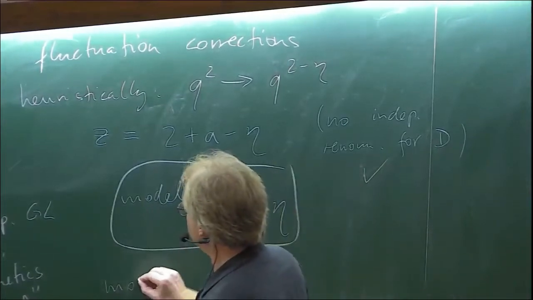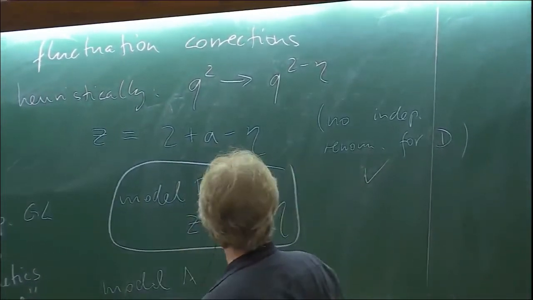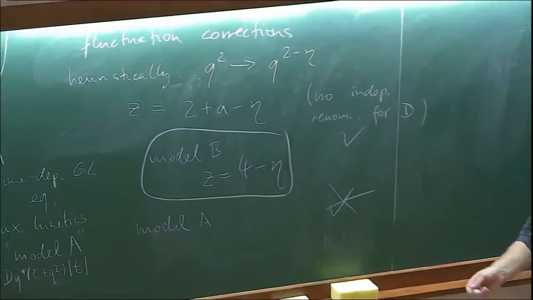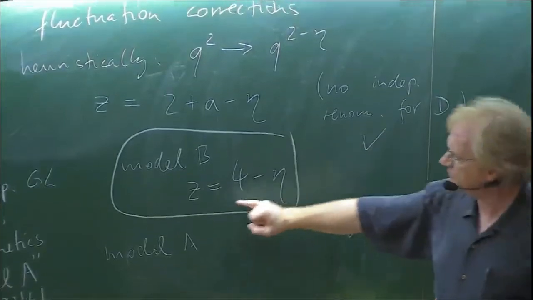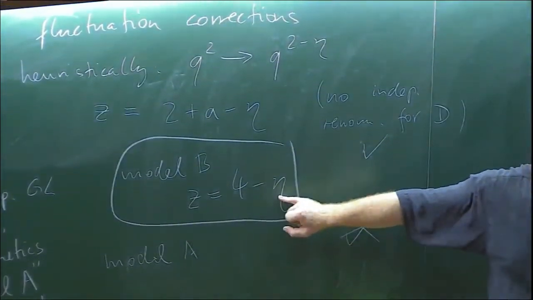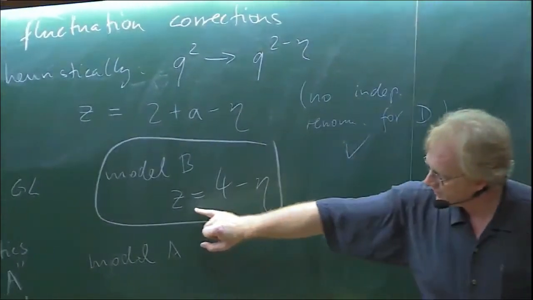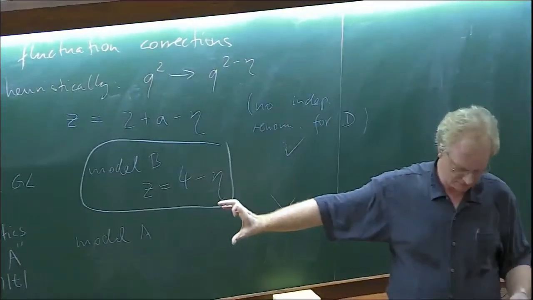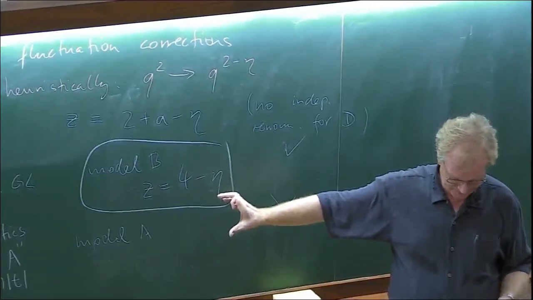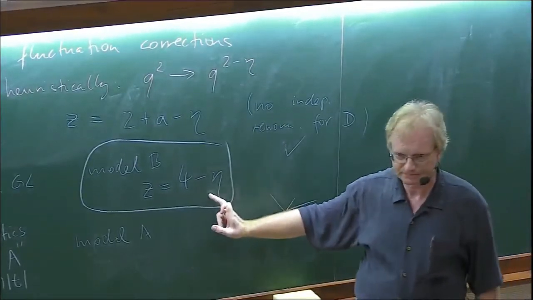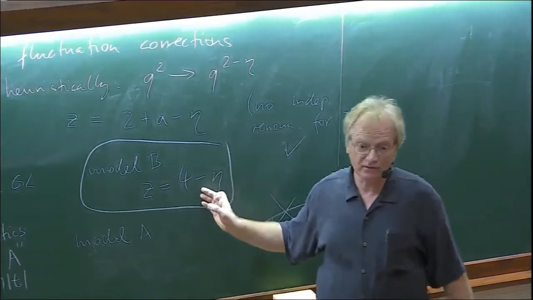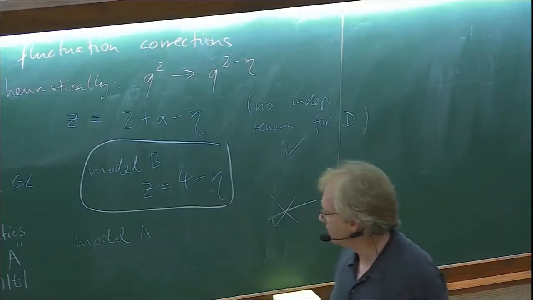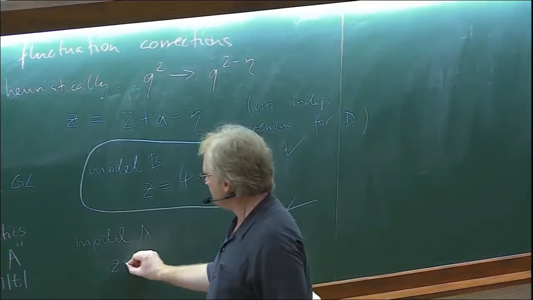For model A, this is not true. There is an independent relaxation. And indeed what happens is, eta is positive, okay? So what a smaller exponent means is slowing down. Slowing down, speeding up, I'm always confused. Yeah, slowing down. So fluctuations make the critical slowing down even slower. For model A, that is not true. Fluctuations actually speed things up.